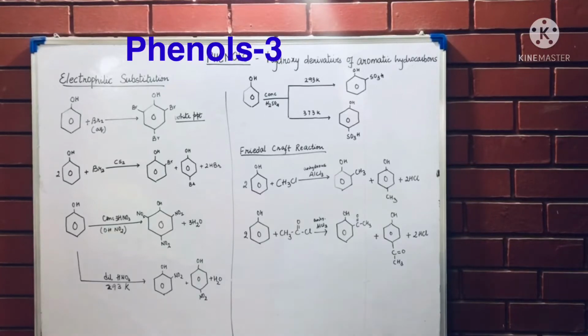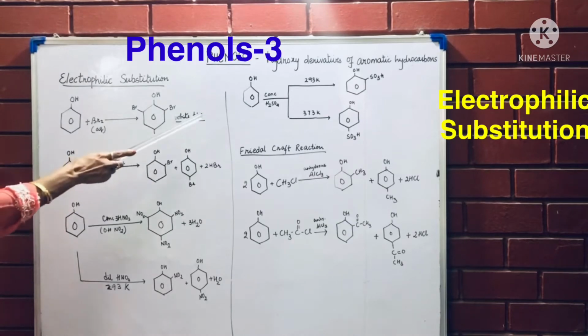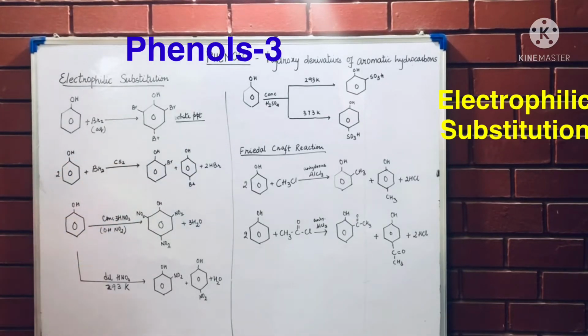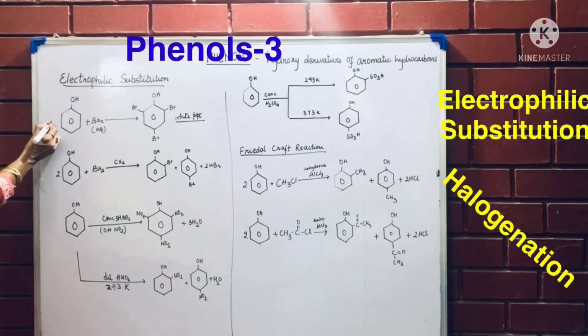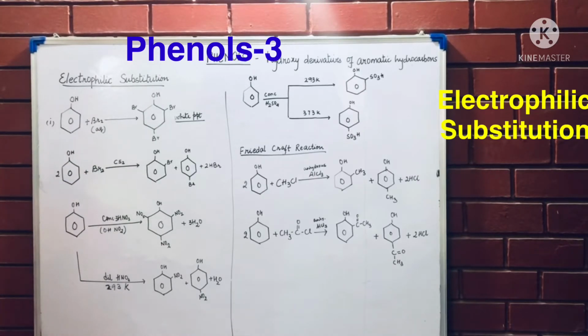Now look at the next reactions, which are electrophilic substitution reactions. Electrophilic substitution reactions are halogenation, nitration, sulfonation and Friedel-Crafts reaction. So there are two situations here. In the first situation, if I use aqueous bromine, both ortho positions and para positions are occupied because phenol is an ortho-para directing group. So it gives you 2,4,6